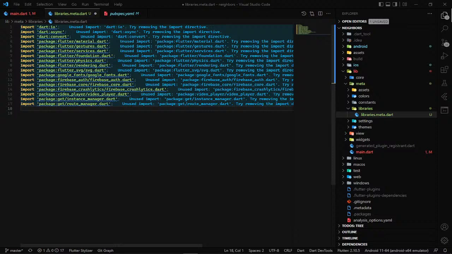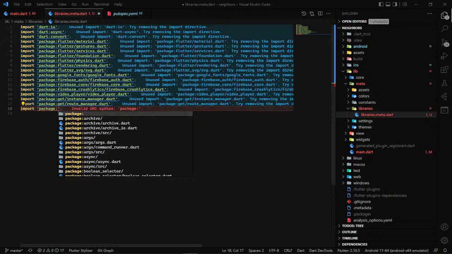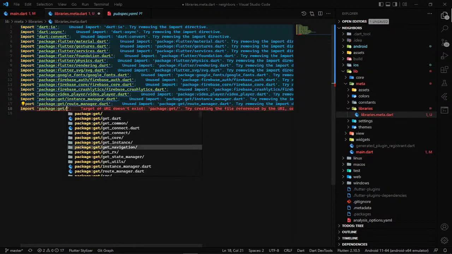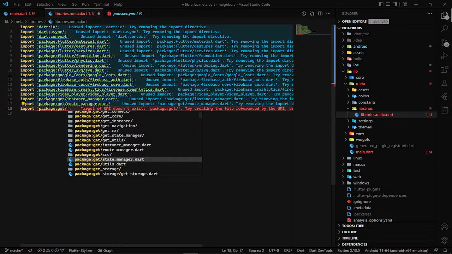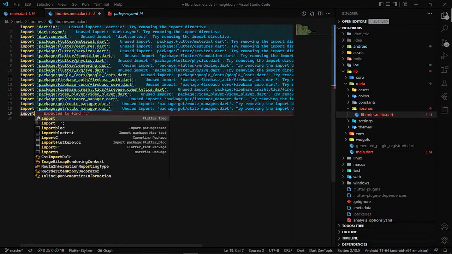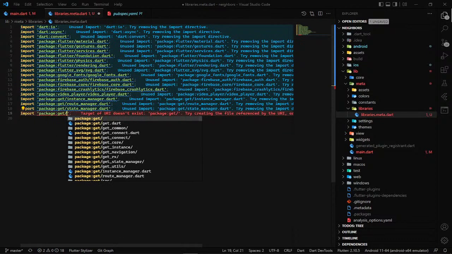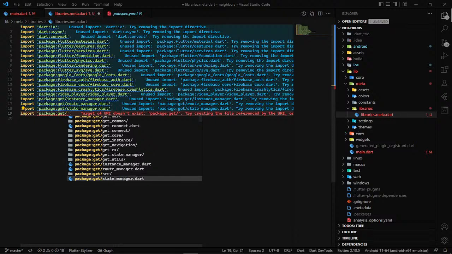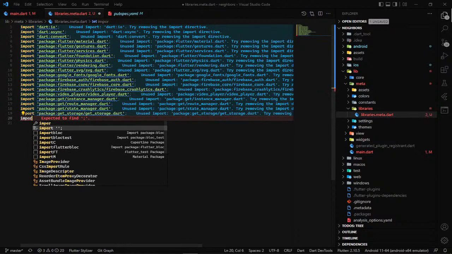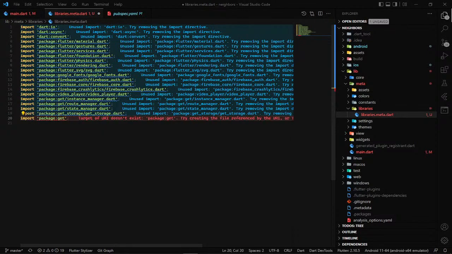Route manager package will be used from get. State manager is not required, get connect is not required, get storage is also required, and package uh,